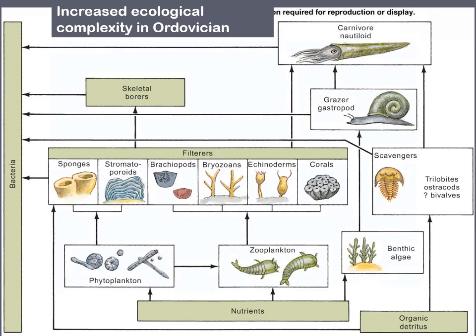So we've talked about jawless fish and conodonts. We've talked about carnivorous nautiloids, a little bit about other kinds of gastropods and cephalopods. We have our scavengers like trilobites, and then sponges and corals and all these other things. This is when we start seeing even more increased complexity in our ecosystems in the Ordovician, where we have a true food web starting to be formed. So we hadn't seen this type of complexity. We started to see complexity in the Cambrian, but it gets even more so in the Ordovician.